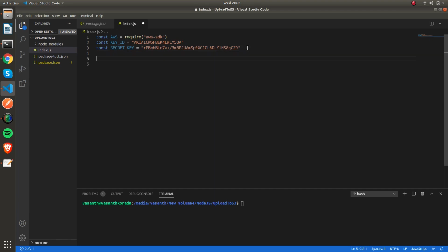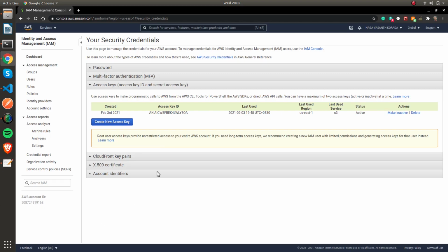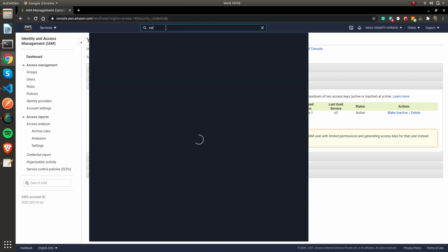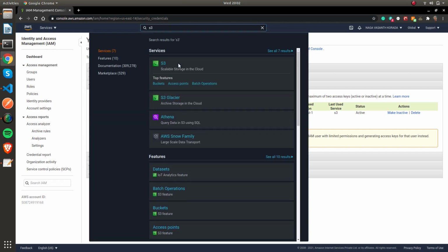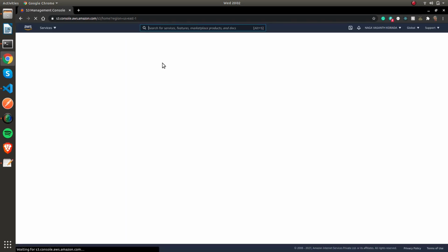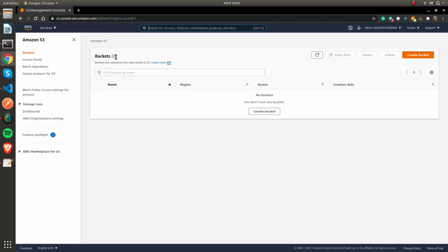First let me head over to the service S3. S3 is basically a cloud storage provider where you can store all your files or any kind of media in buckets.